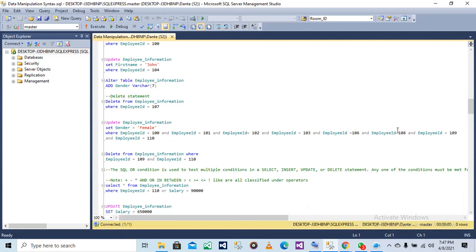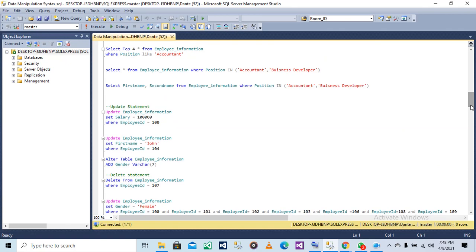So remember the last class we were talking about how to update multiple employees on our employee table. Let me select that table so that you can see the difference.